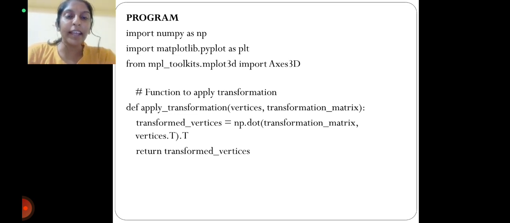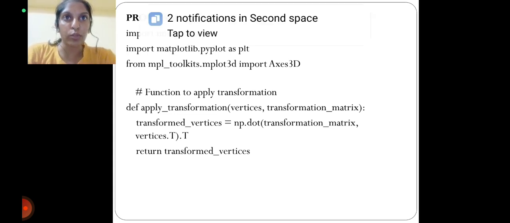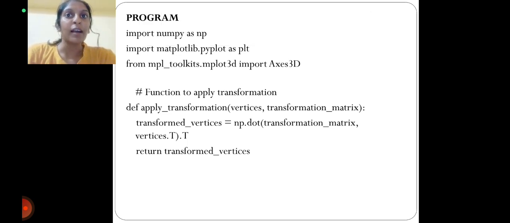It creates a rotation matrix, which defines a matrix for a 45-degree rotation around the z axis, where we apply the transformation. We use the transformation function to rotate the first object. Next, we visualize the objects, that is, plot the original and transformed objects using matplotlib to visualize the transformation. The main points here are the transformation function, which applies a matrix transformation to an object's vertices, and the rotation matrix,